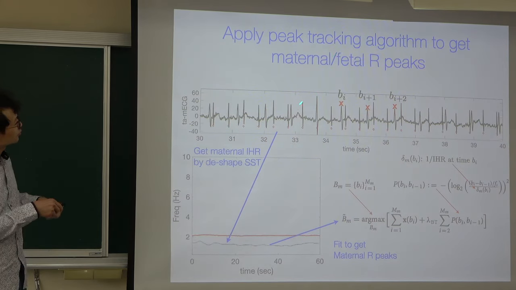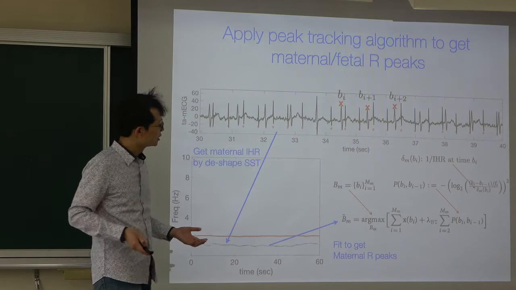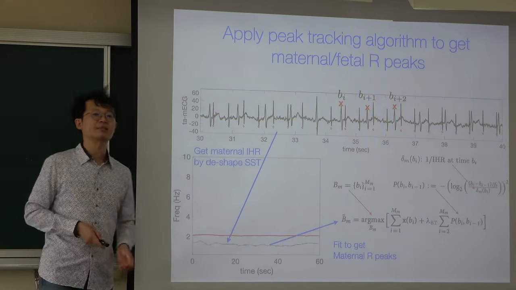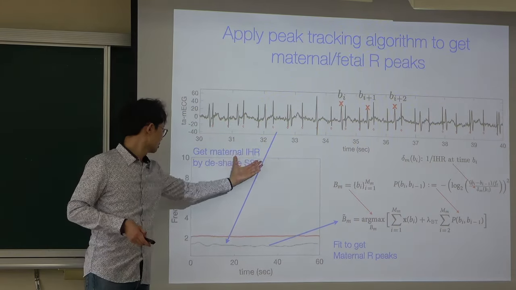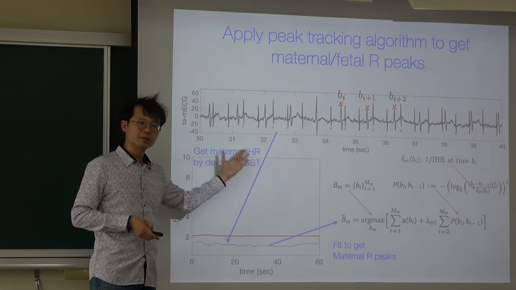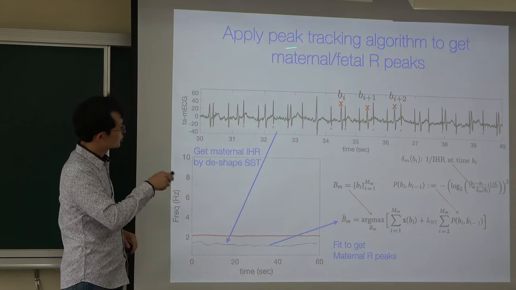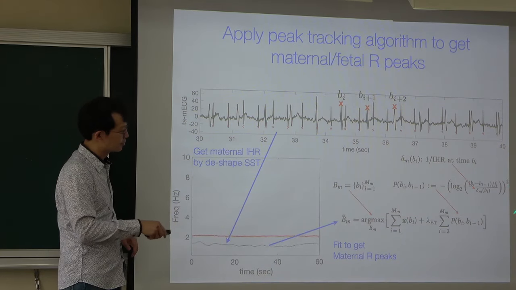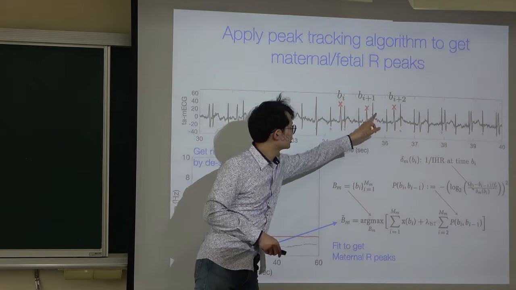In this case, we talk about maternal heartbeats. And once we know the maternal heartbeats, then we can proceed to the next step. So, step 1 was apply D-shape synchro squeezing to get maternal heart rate. Second step is applying peak tracking algorithm, as I mentioned before, to detect the location of maternal heartbeat